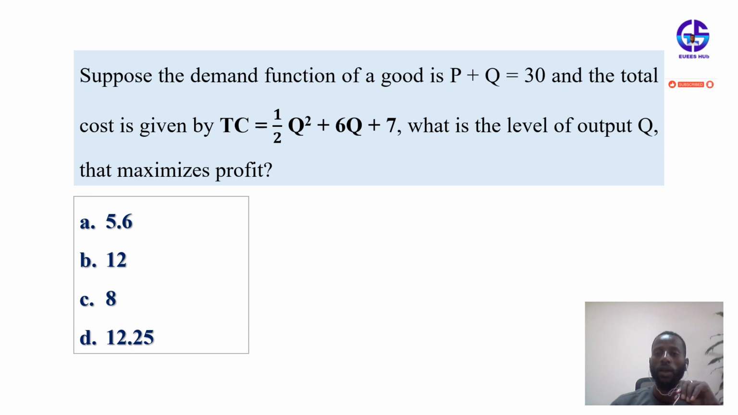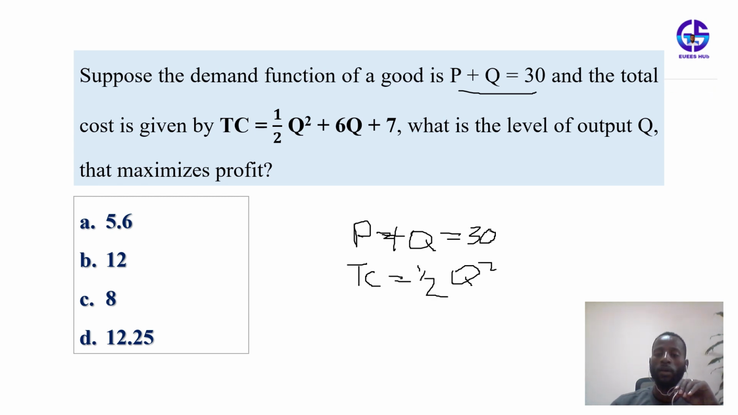Demand function P plus Q, which is equal with 30. That is what is given. The other is the total cost equation, TC, which is half of Q square plus 6Q plus 7. So this is another given parameter. So using these, we calculate the Q level or level of output, Q is equal to